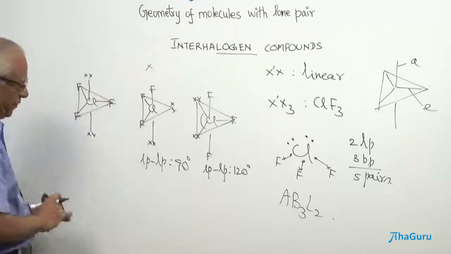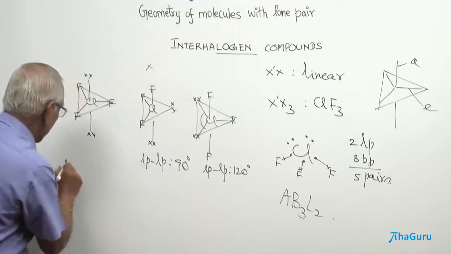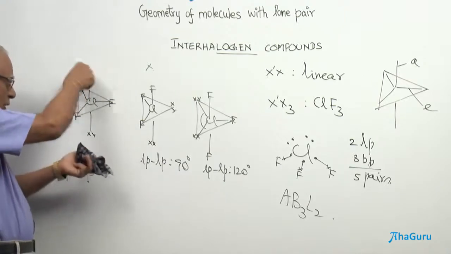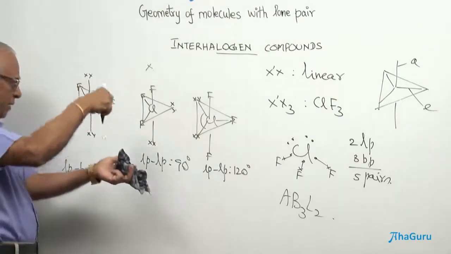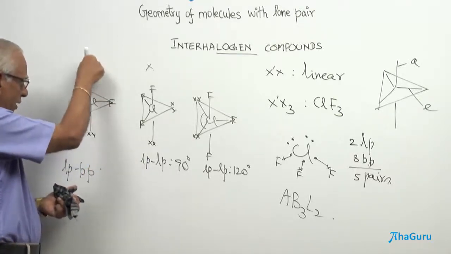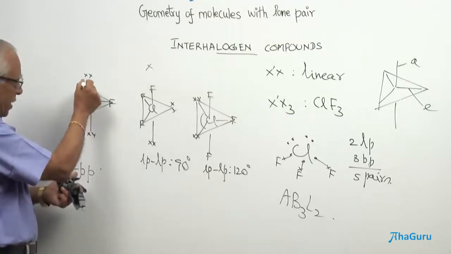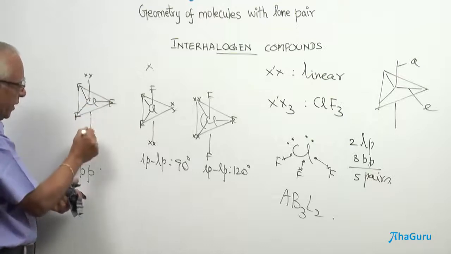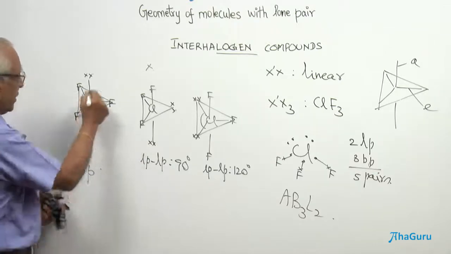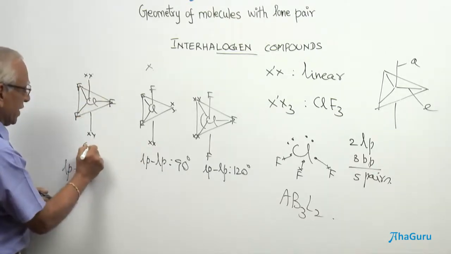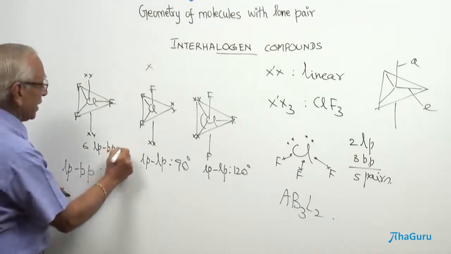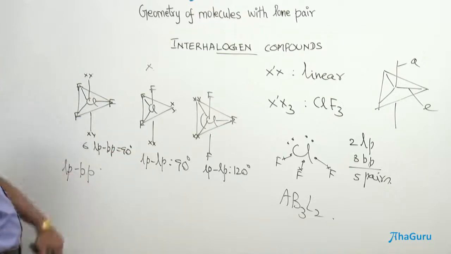Of these two structures, now we have to discuss the lone pair-bond pair repulsion, my dear students. Now, you see here, this is perpendicular. All the three fluorine atoms are along the triangle in this plane, and this is axial. The bond angle is going to be 90. So there are three lone pair-bond pair repulsions for this lone pair, and again three for the other lone pair. Isn't it 90 here? So, 3 plus 3, 6 lone pair-bond pair repulsions at 90 degrees.